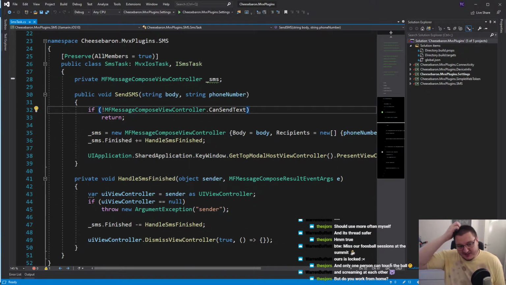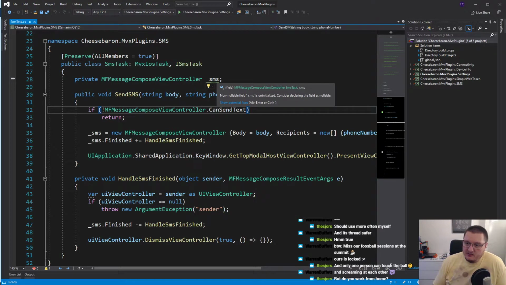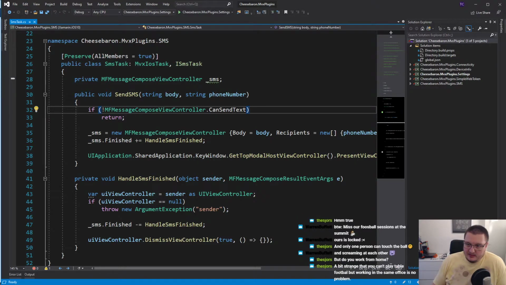Right, let's see what's going on in here. Okay, so it's complaining about non-nullable field SMS is uninitialized. Consider declaring this field as nullable. So in the case of sending an SMS,